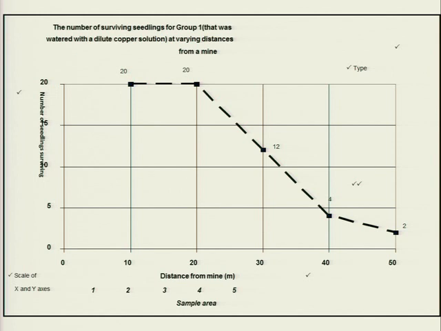Then this is the example. This is how we are going to mark the line graph. Those are the sections where the line graph is going to be marked. You look at it, it has the x-axis, it has the y-axis, it has also the caption of the graph. And the scale that has been used there is the same in terms of the y-axis and the x-axis, one scale.